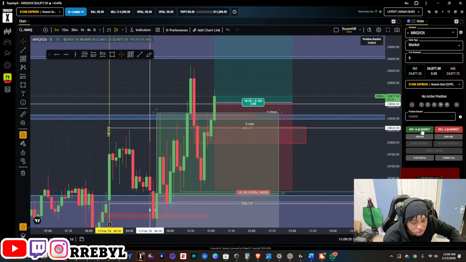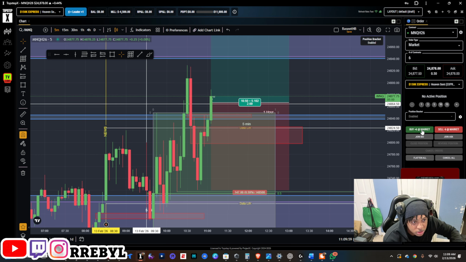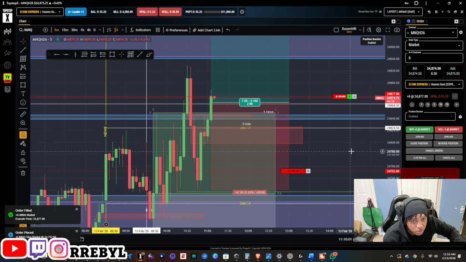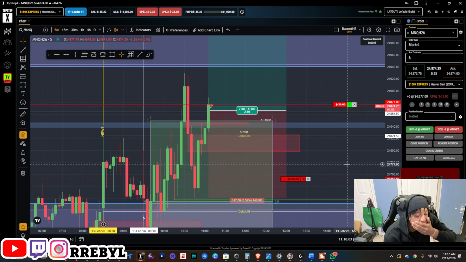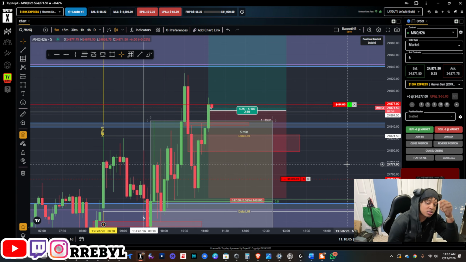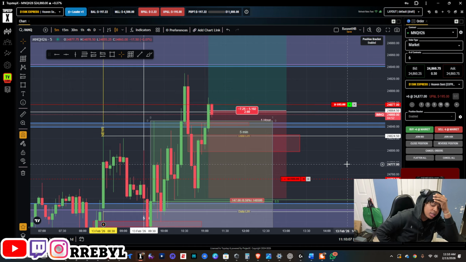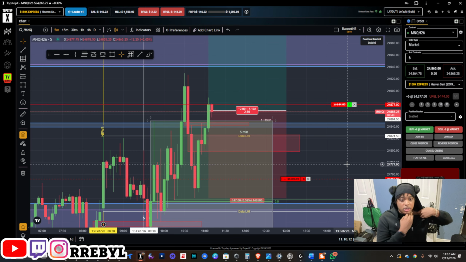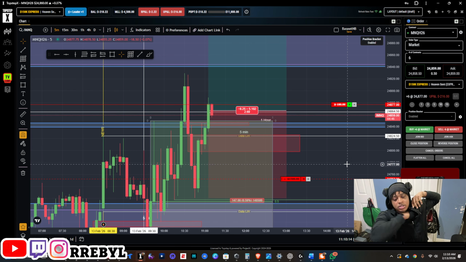Or even the swing high, really and truly, could also work. The only thing that will cause me to add more contracts is if it goes back and respects one of those inverse fair value gaps. Then I can actually add more. Give me this one that we're close to. If it chooses that one, I don't mind. I can add more and put it up further.